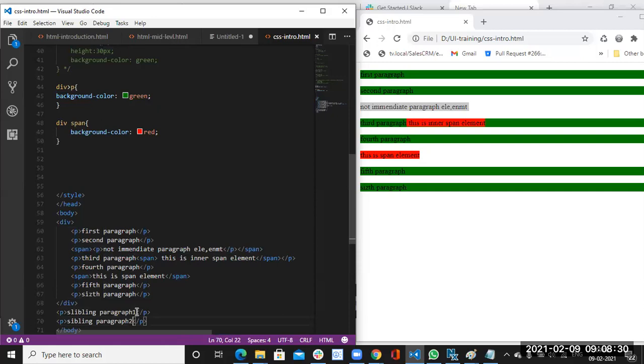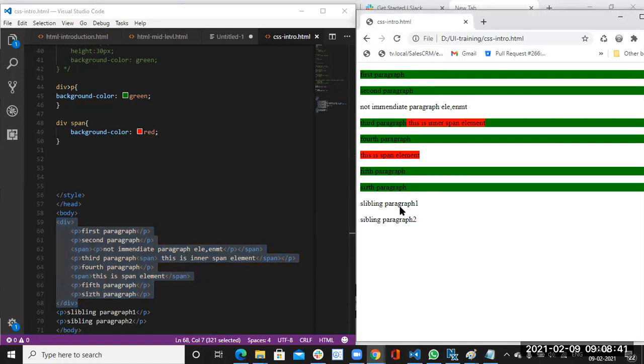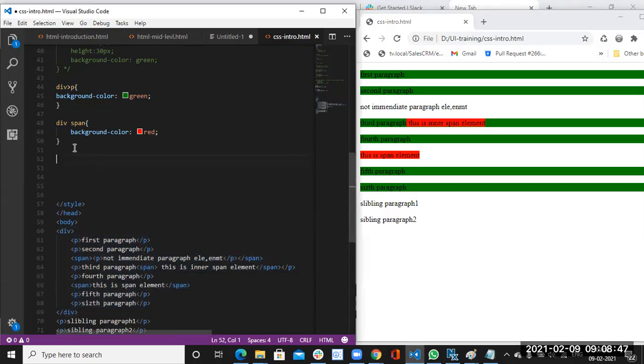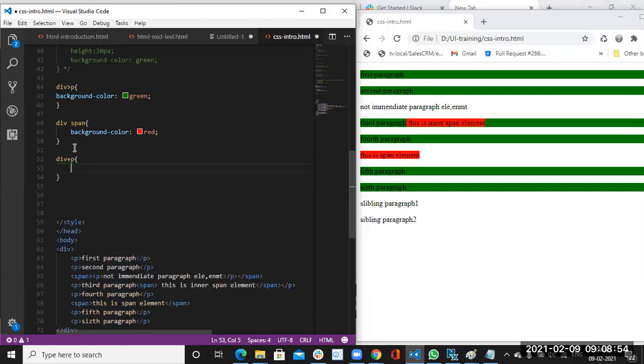Okay, now you can see this inside that div. Currently, we are selecting only all the paragraphs inside the div element. But this sibling paragraph 1, sibling paragraph 2, we are not selecting from this div's perspective, right? Still, we can select that element. How can we select it? div plus p. Div plus p means, after completing that div tag,